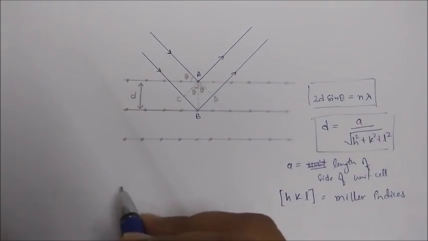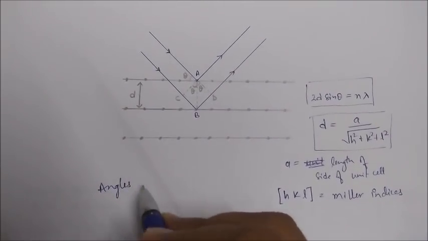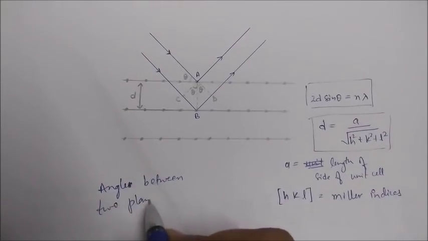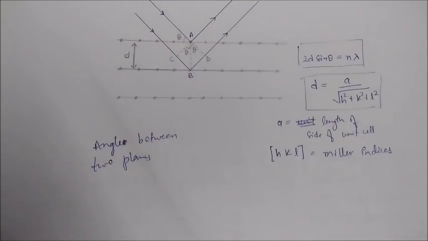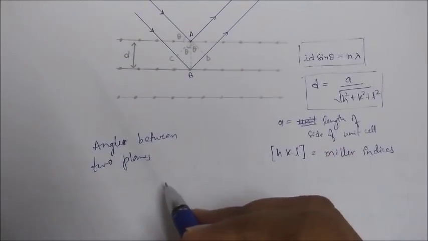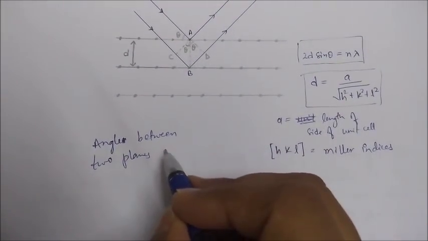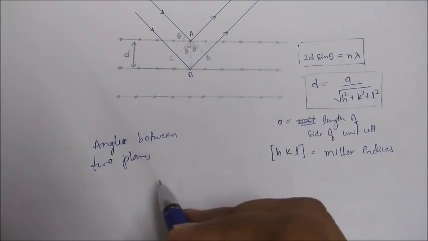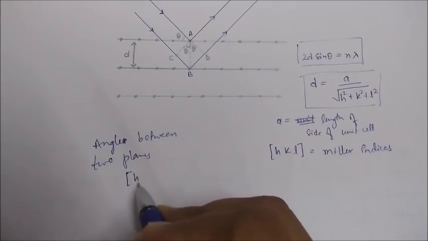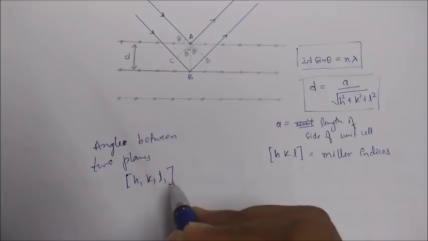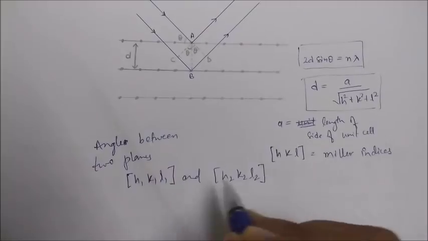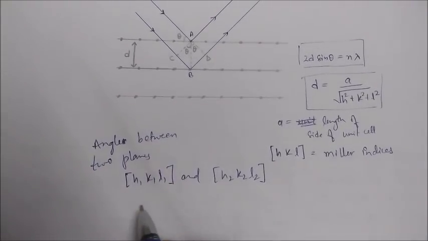Now there is one more formula, that is the angle between two planes. If a crystal has more than one plane and you want to find the angle between those two planes, the planes will generally be represented by their Miller indices. So if you have h1, k1, l1 representing one plane, and another plane h2, k2 and l2, and you want to find the angle between them, the formula is